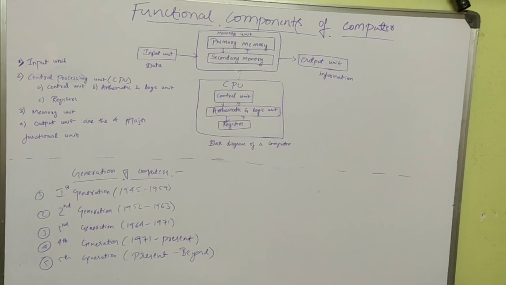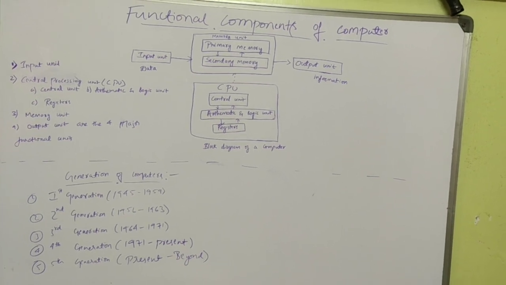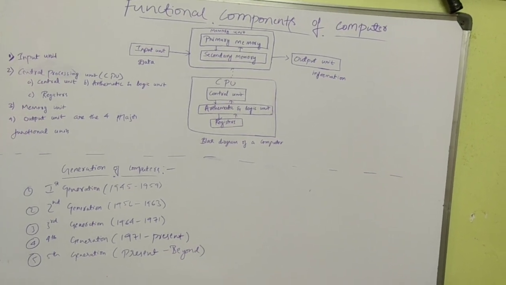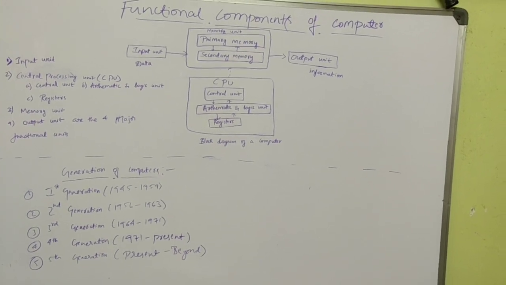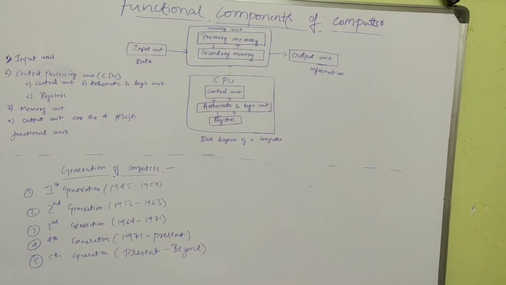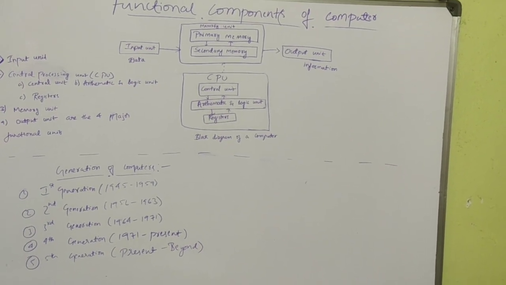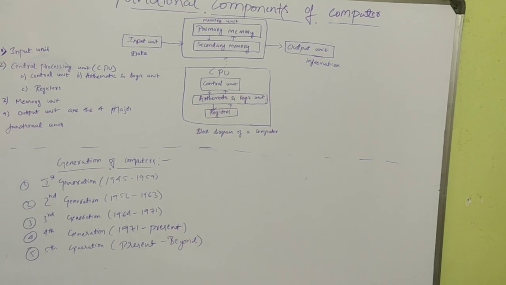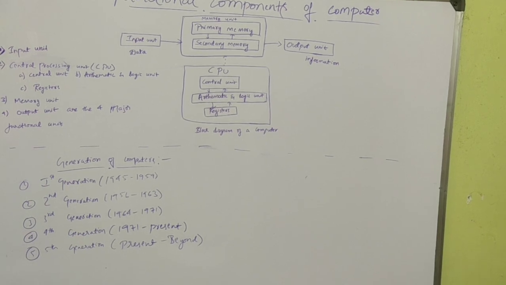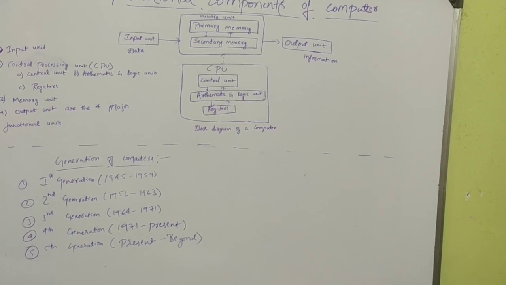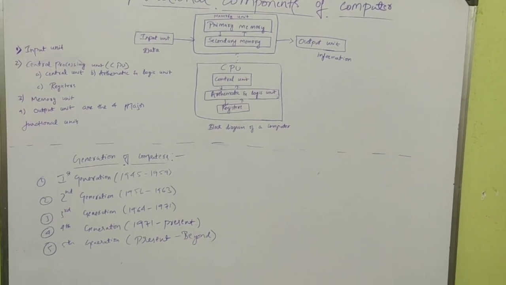So the very first one is input unit. The input unit is an external device that is connected to the CPU. It is mainly used to feed data and instructions to the computer for solving the problem. The control unit sends the signal to units and this receives data and instructions from the user. Examples of input units are keyboard and mouse. The other input devices, as we know, are scanner, OMR, OCR, light pen, joystick, etc.